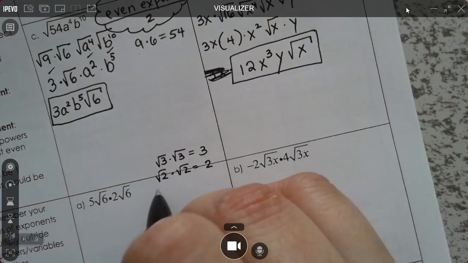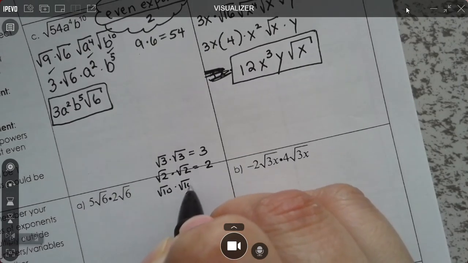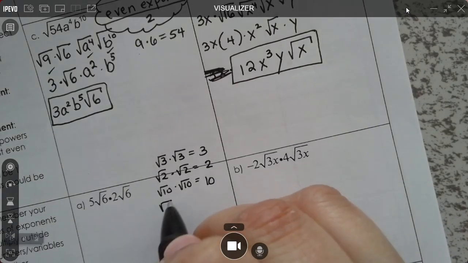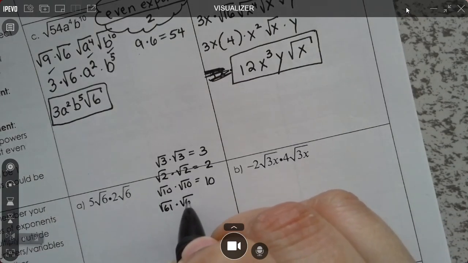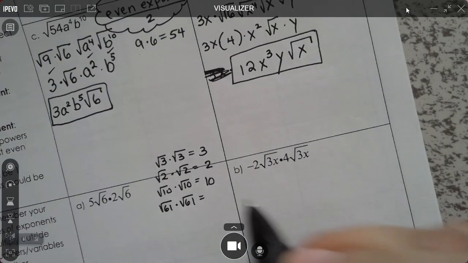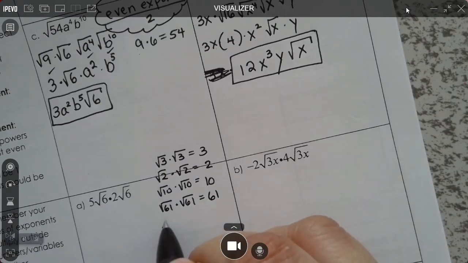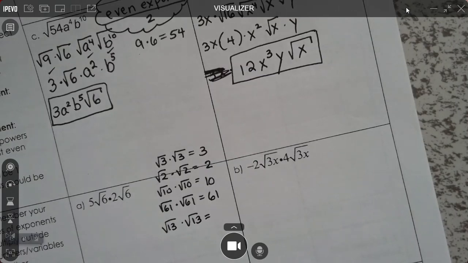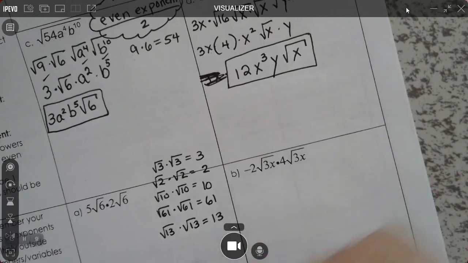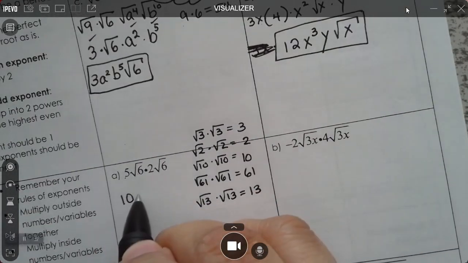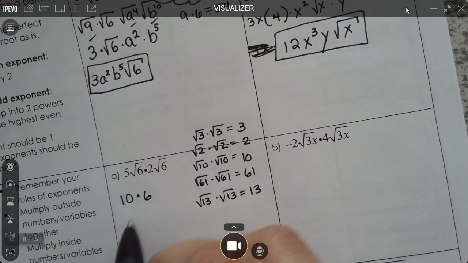2. If I say radical 10 times radical 10, what does that become? If I say radical 61 times radical 61, what does that become? Guys, are we seeing the pattern or not? 61. If I say the square root of 13 times the square root of 13, what does that become? One person? Two people? Fine. I'm not. 5 times 2 is? And radical 6 times radical 6 is just? So that just gives you